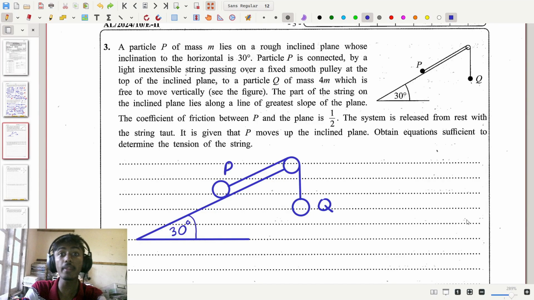2024 A-Level Combined Mathematics Paper 2 Part A question number 3. This question has to do with systems of forces and F equals ma. The question says a particle P of mass m lies on a rough inclined plane whose inclination to the horizontal